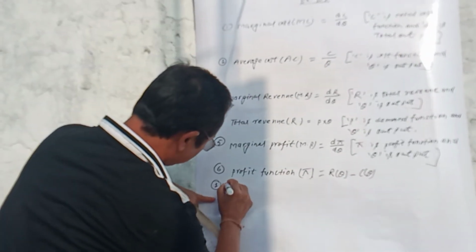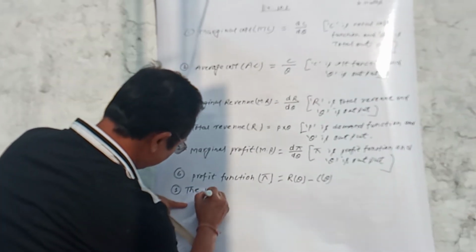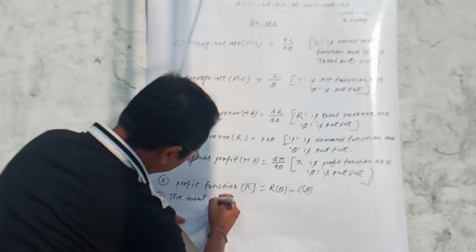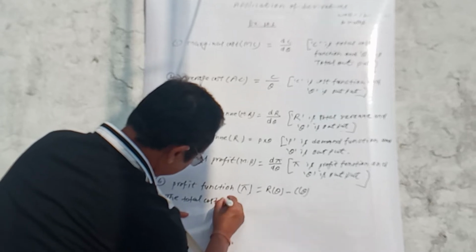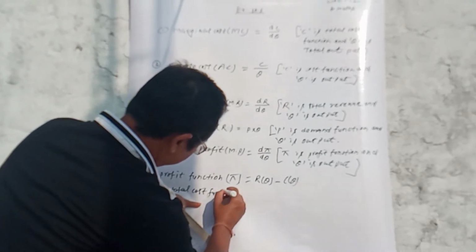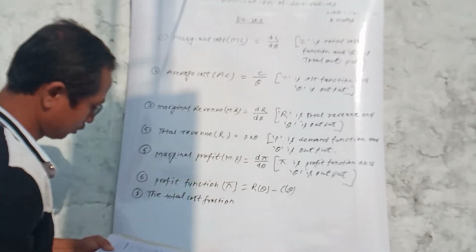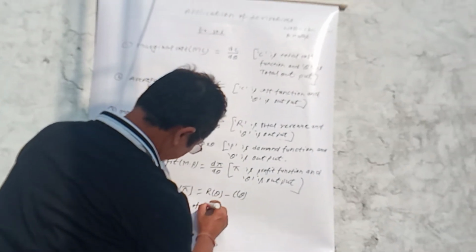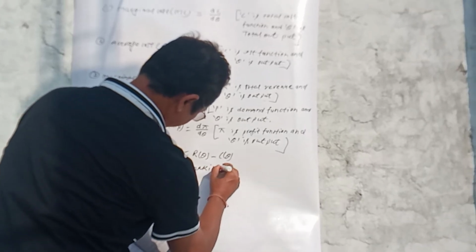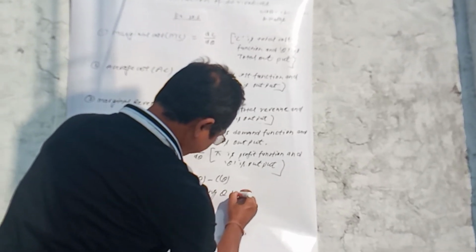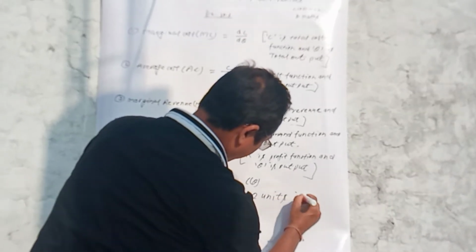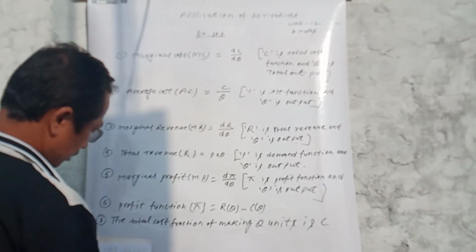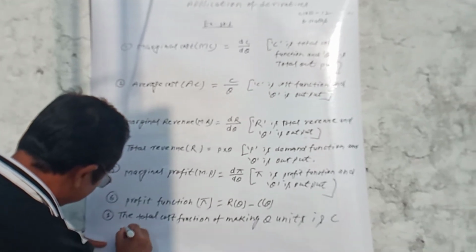The question is: the total cost function of making Q units is C rupees,